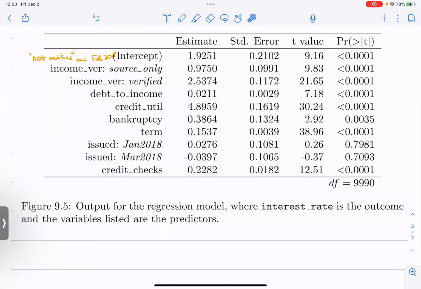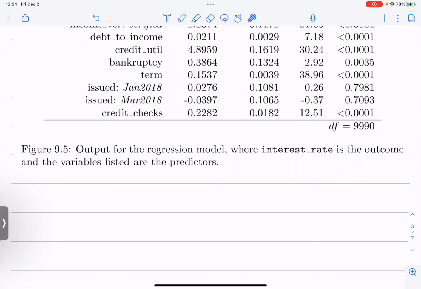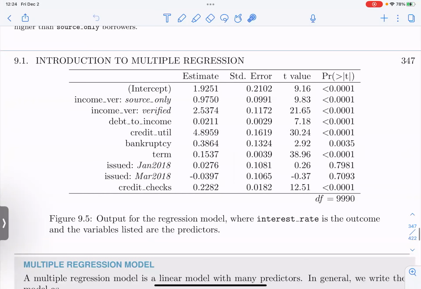Which means I can find a predicted value. I can find a predicted interest rate. If I have an observed and a predicted interest rate, I can find a residual, and that is how these estimates are found, right? Kind of a catch-22. We find the coefficients or the estimates that minimize the residuals, or the sum of the squared residuals, right? So to kind of put it into context,